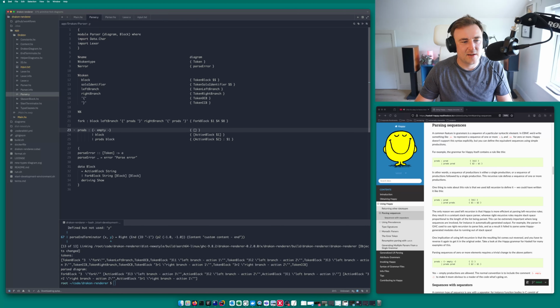All right, so let's go back to our Lexer. So this is how a list of tokens is defined right now. And it looks like I'll have to change this in order to introduce the concept of a collection, which element can be a fork, or which elements can be forks.